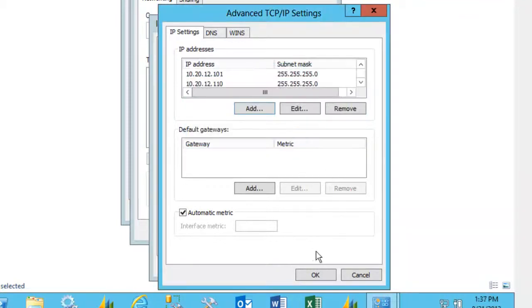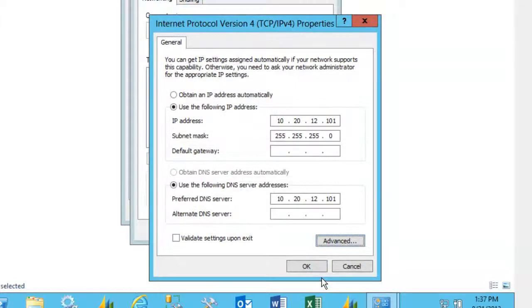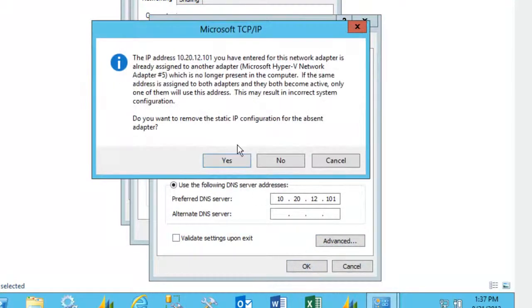So add that, and we say OK, OK, and we get this warning that says that is already assigned